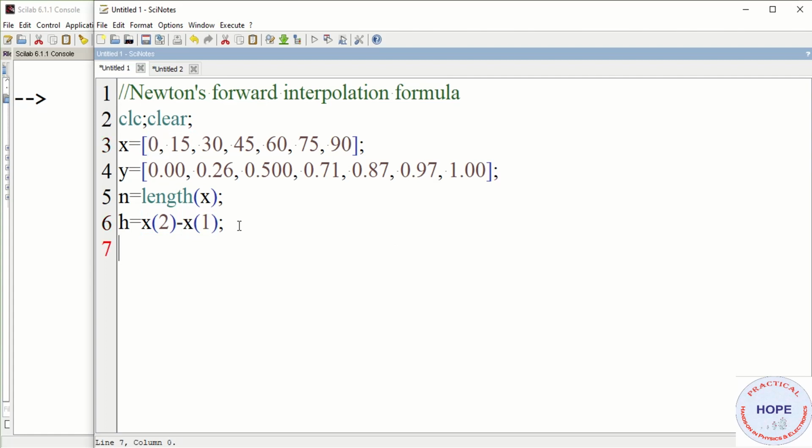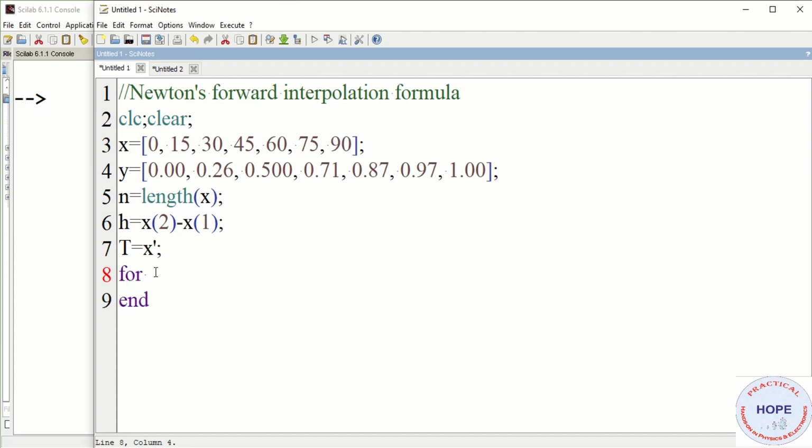The values of the difference table will be column wise, but this data that we are using, x and y, are row wise. So basically we need to have these values of x and y column wise. First we need to calculate the forward difference table, and say the first column of t is x, so it is equal to x prime, because x is a row vector, and if we take the transpose of it, we'll get the first column of the forward difference table. We are going to first calculate the complete difference table and display it, and then from that table we are going to calculate the interpolated value. So to find the difference table, let's make a for loop.